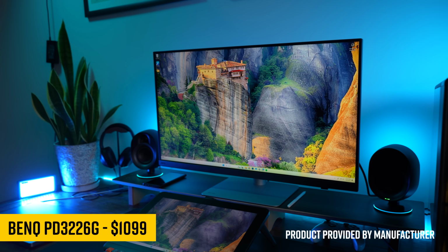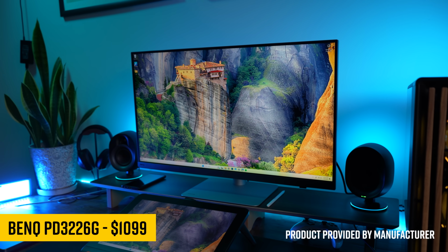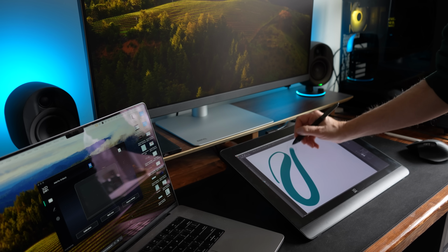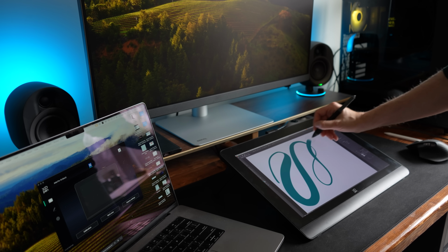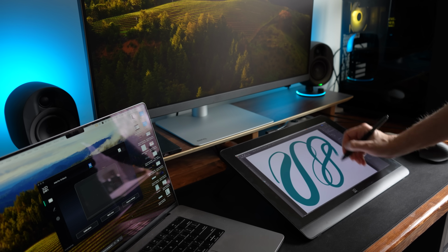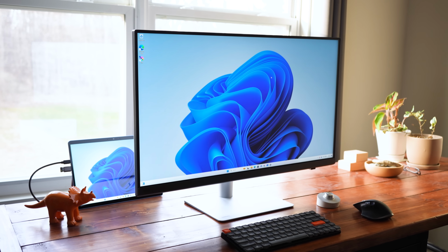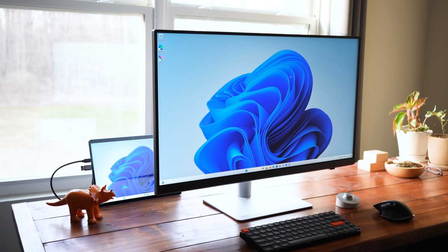For a long time, I've had my eyes on these BenQ monitors, but I've never taken the dive into one because it's not a drawing tablet, and even though they're designed for illustrators, animators, game designers, cinematographers, those type of people, the exact creative professionals who watch this channel, the core benefit here is color accuracy. And historically, that hasn't been something I've needed in my work, so it's something I've been a little bit more